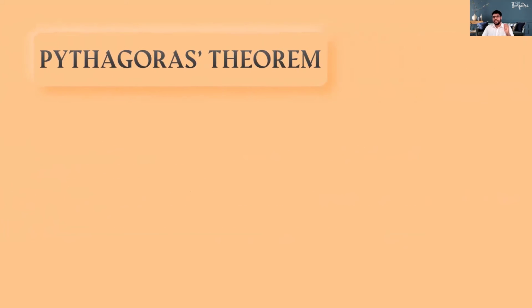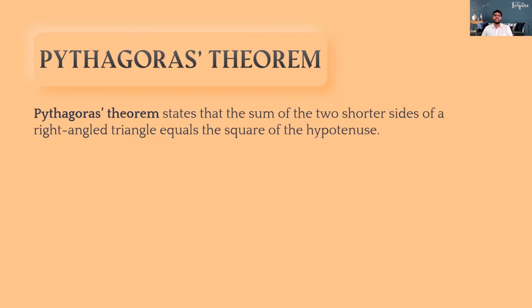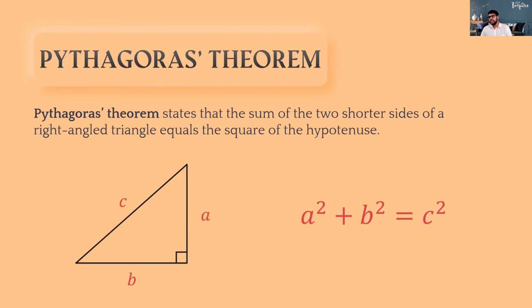So Delaney teacher actually insisted on including this as well, because this is something I think all of you already know, right? But on the topic of trigonometry, it's good to talk about Pythagoras theorem as well to be complete, right? So you all already know this, children. Pythagoras theorem states that the sum of the two shorter sides of a right angle, wait, this is wrong. It should be the sum of the squares of the two shorter sides, right? So ignore that, children. But anyway, you all know the formula. It should be a squared plus b squared equals c squared, right?